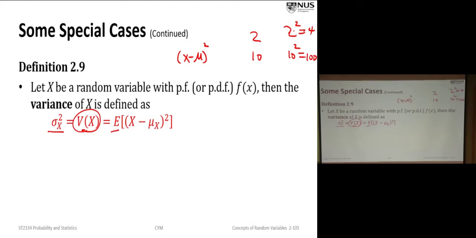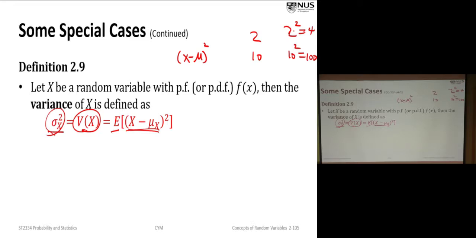So that it tells us how the x are away from the center. If this quantity, this expectation of (x minus mu) squared, is small, what does it mean? It means that x minus mu, the x are very close to mu. So that's why you get expectation of (x minus mu) squared is small. Now if this quantity is big, what does it mean? It means that these values are big. Not only that, the chance or the weight for this big (x minus mu) squared is also very big.